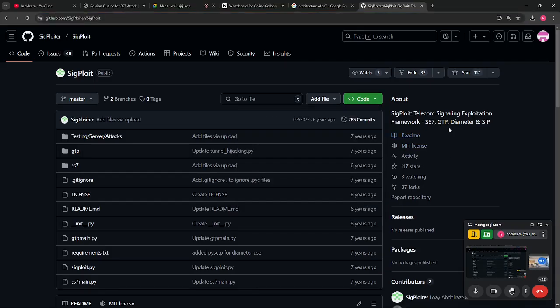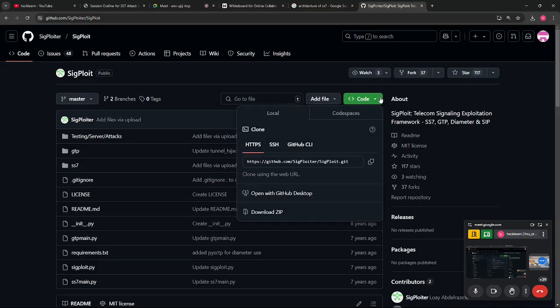If you wish, you can run a demo call and try to intercept it in a simulated lab, but showing that here would be very dangerous. Everyone is going to try that at home, and I know, because I get a lot of requests about it. So I'm not going to do this right now, but yes, this is the tool.